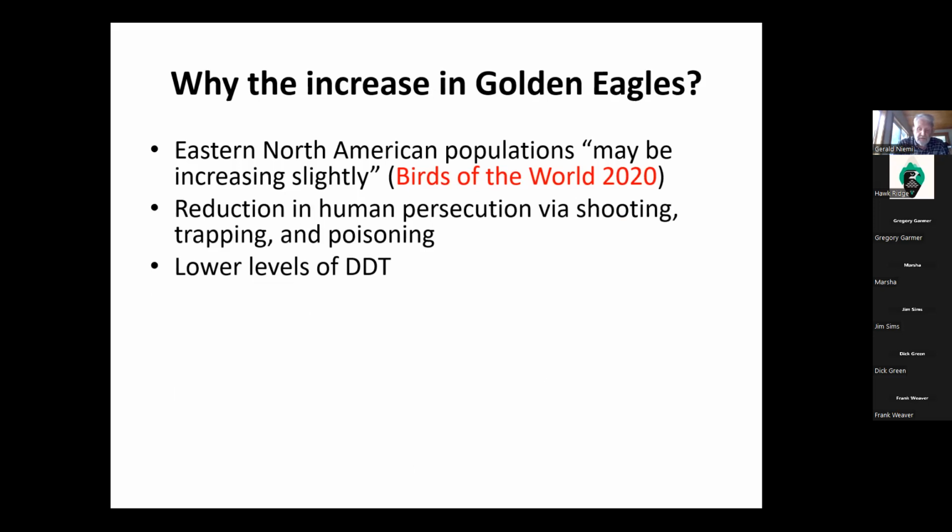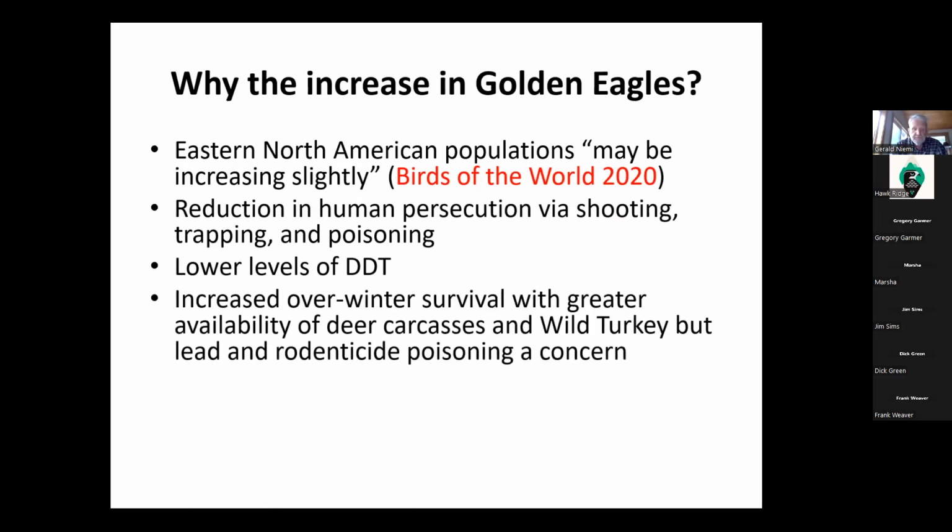Lower levels of DDT also have certainly been a factor in that increase. There's also some comments about increased overwinter survival with deer carcasses, as it is with bald eagles, as we know, using deer carcasses. There are some, of course, potential problems with lead poisoning, but also